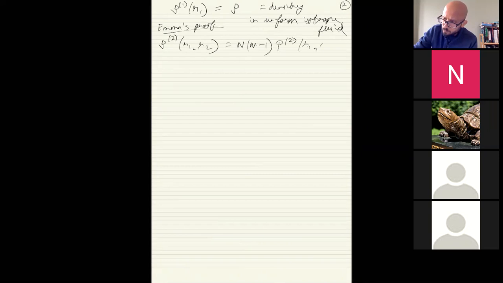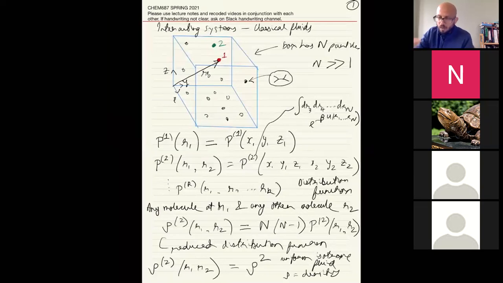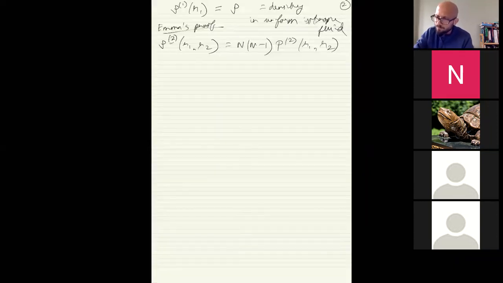And I'm also thankful to Nathan for writing the proof because it showed me something that I should have mentioned earlier, which is easy to forget: even though we are talking about the 2-particle distribution function, we are talking about 2 particles out of a very large number of particles. The box itself has n, a huge number of particles. So if this is really an independent system,